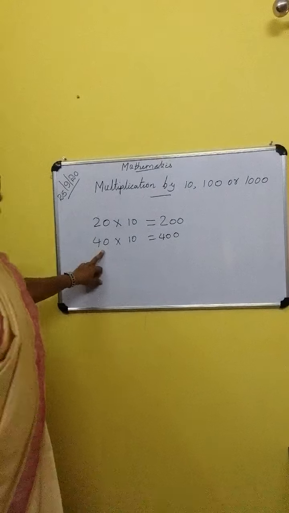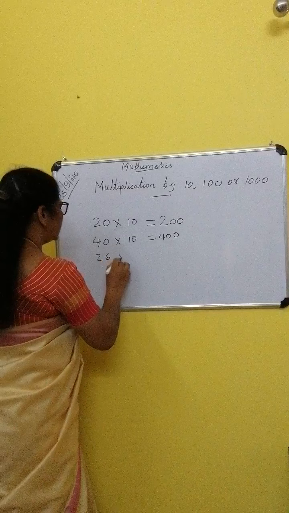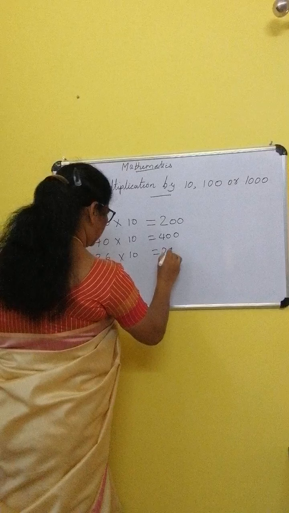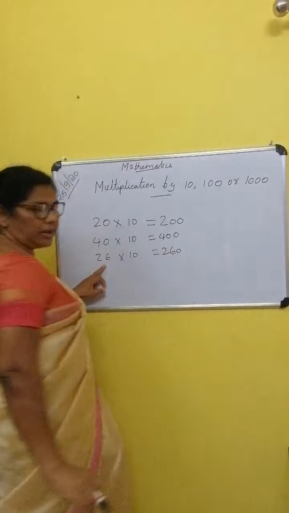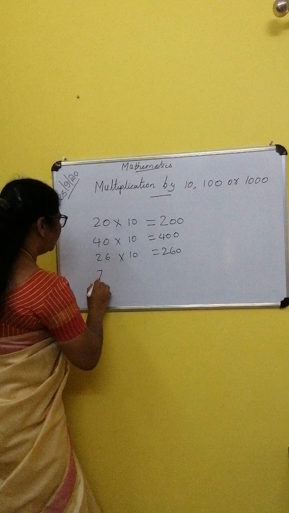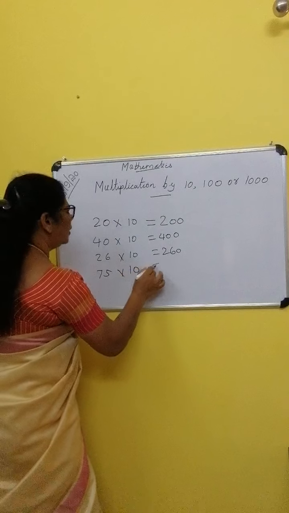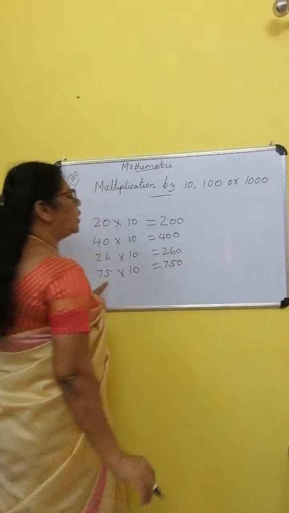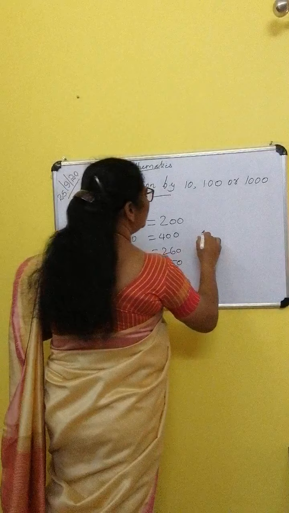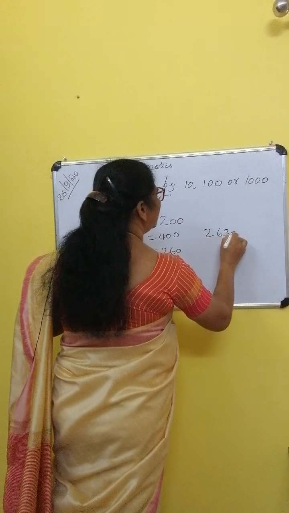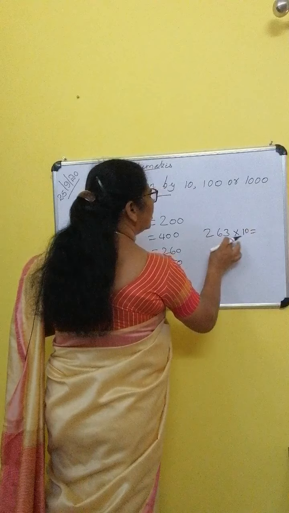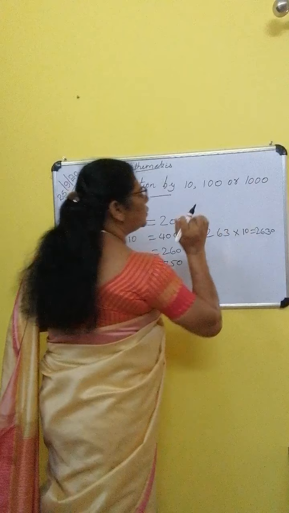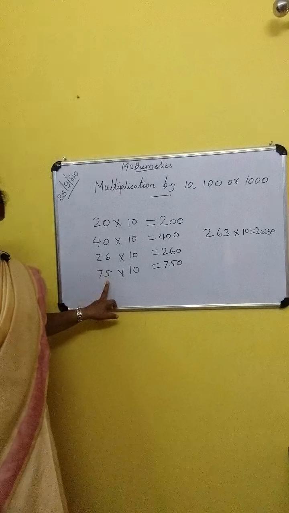Okay. Then 26 into 10. Write 26. Then put 1 0 to the right. Then 75 into 10 equal, write 75. Then put a 1 0. Okay. If it is 263 into 10, write 263 and put 1 0. Okay. Next,